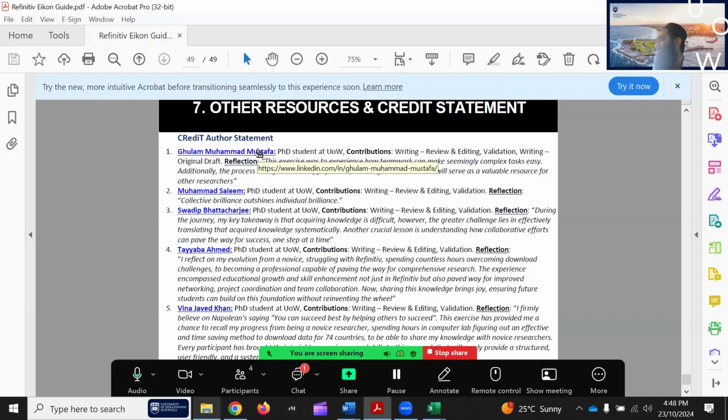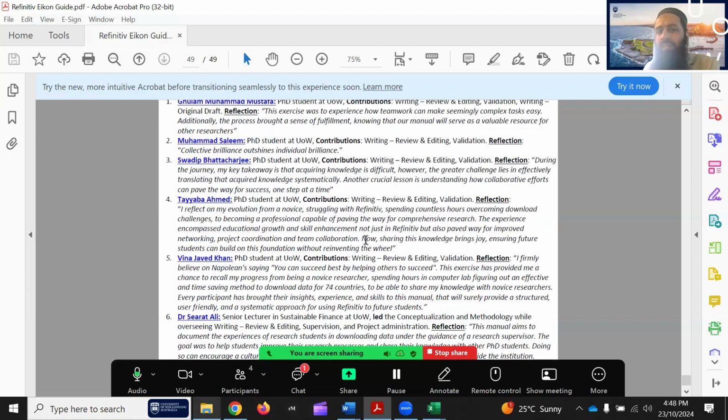But when I was a PhD student, I never paid attention to these things. But as you become an early career researcher and you progress in your career, you start feeling that leadership in research is required, and your impact and things like that. So you have documented it. My purpose from this documentation was to allow my PhD students to have public recognition of their work. So now if they apply for a job, their names are on this public document in one of my YouTube videos. They can say, we were part of this team where we worked together, and they can put a good story to address the selection criteria.